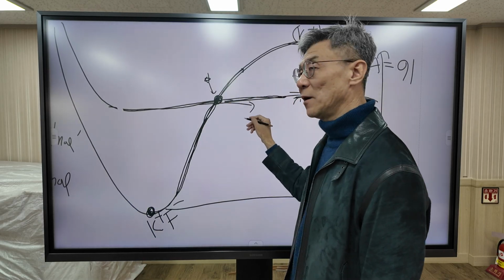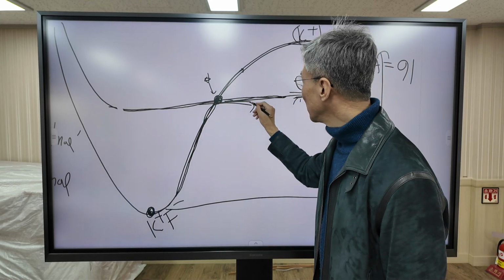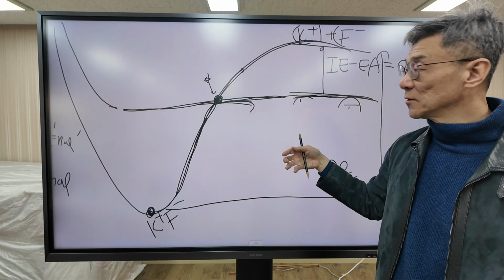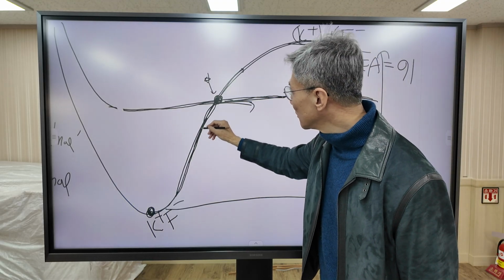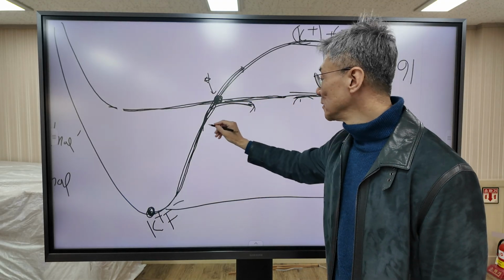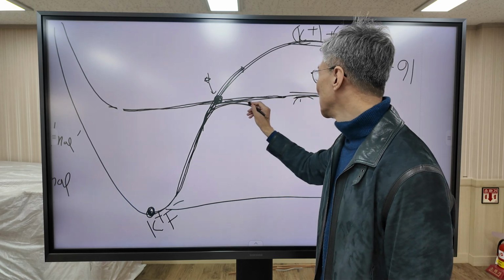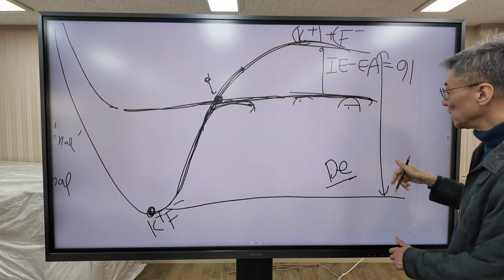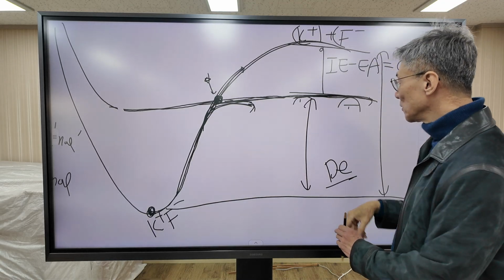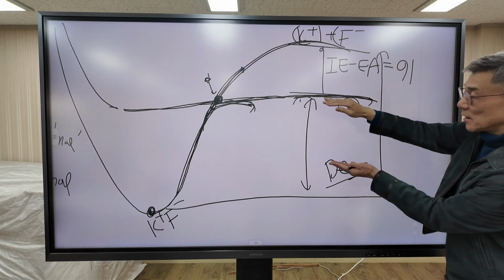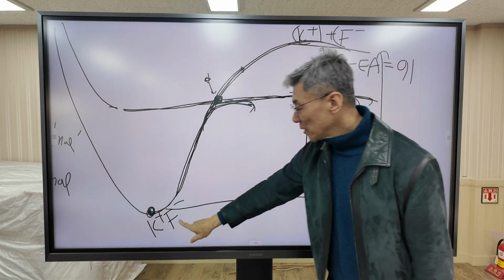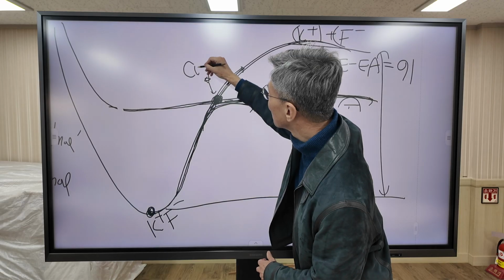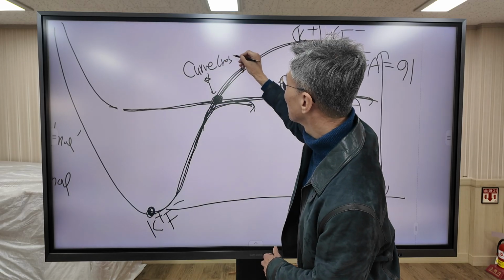The molecule changes the curve. Why? This state has lower energy than this one. Nature likes to lower energy state. So the molecule does not follow this curve, but this path. So when the molecule follows this path, it can go infinitely. So the molecule can dissociate. So we only need this energy for the molecule to be broken. So this is the bond dissociation energy of K plus F minus because of this point, curve crossing.